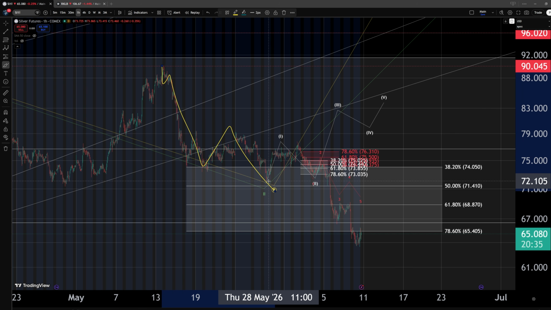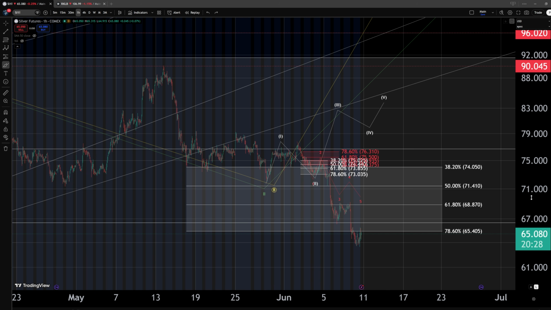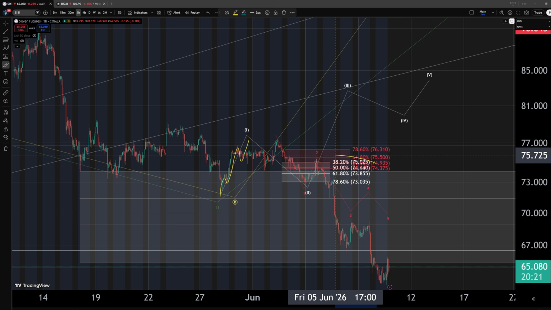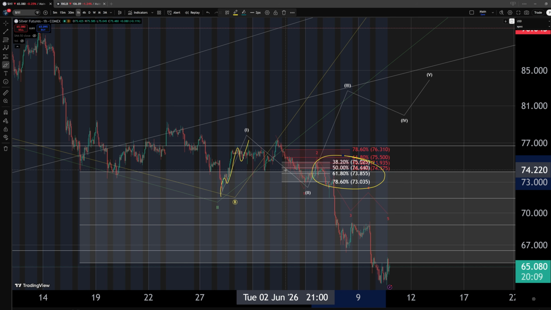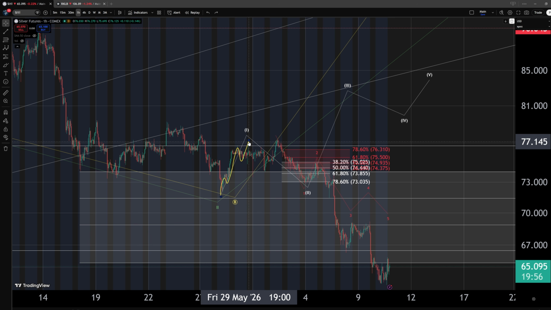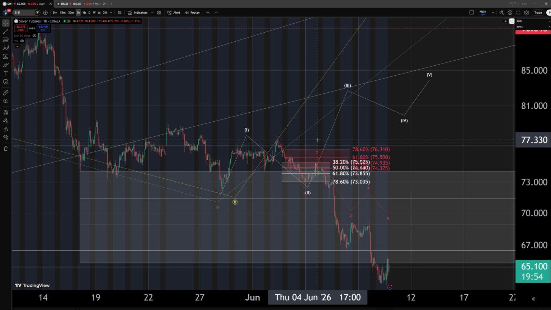We had 5 waves down, so we really didn't want to see any further extensions. Not only that, but we also had an initial 5 move to the upside, so we wanted to see this white area of support that extended down to $78.6 hold, because there was a strong chance that if we were to break this area of support, from which we even got a bounce, the last level of support has offered us this bounce, but if we were to break this last area of support, there was a good chance we